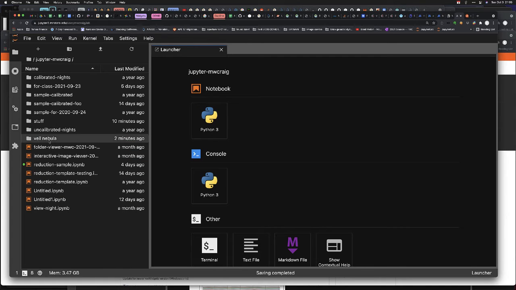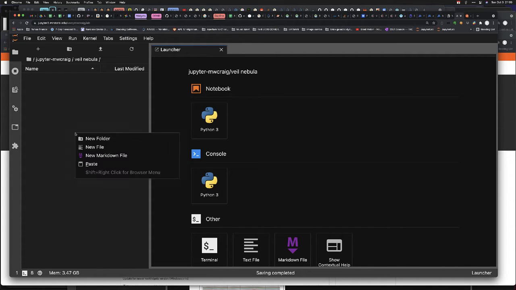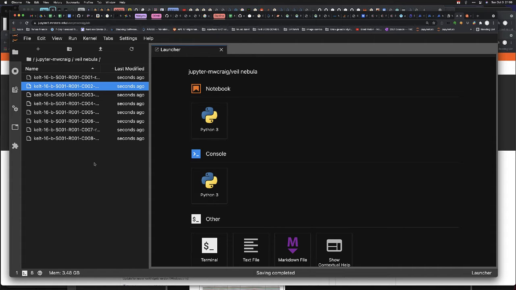go back up to my Veil Nebula folder, and then paste, and then wait. Keep waiting. It is actually doing something. Keep waiting. Oh, there we go. Okay, so I've got all the images that I want into this folder,